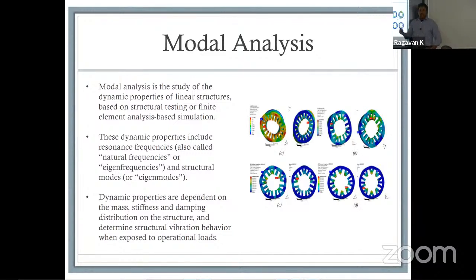It often uses FE solutions. When you talk about the dynamic properties, you are talking about natural frequencies, also called eigenfrequencies, and you also have modes associated with them. These are called eigenmodes. The dynamic properties depend on several variables: you have mass, stiffness, and damping distribution of the structure. Basically, you are talking about how stiff and how elastic your defined system truly is, and that creates an opportunity for you to understand the structural response in terms of its natural modes and frequencies.